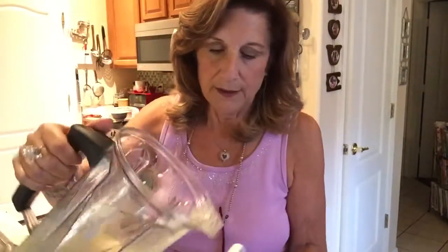That's it. That's all you gotta do. Just a minute here on that. The reason is it chops up all the cheese. It makes everything nice and smooth. And then if you want to put it in another container that's easier to pour, like I did,